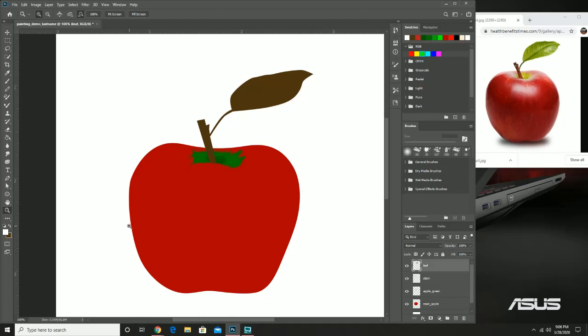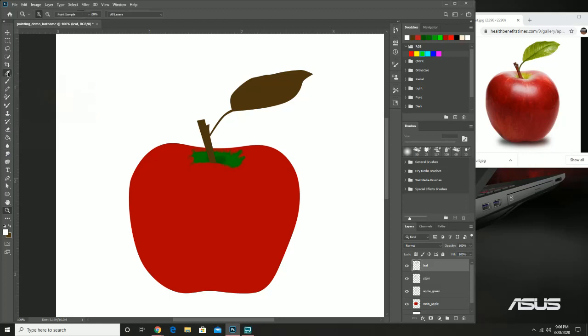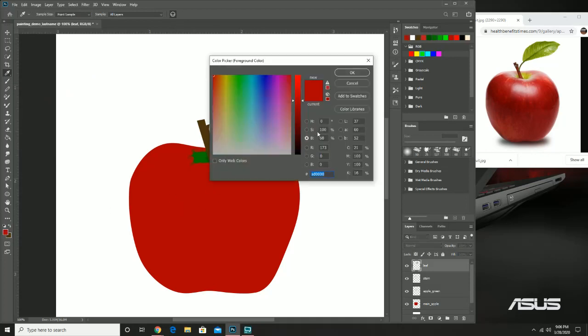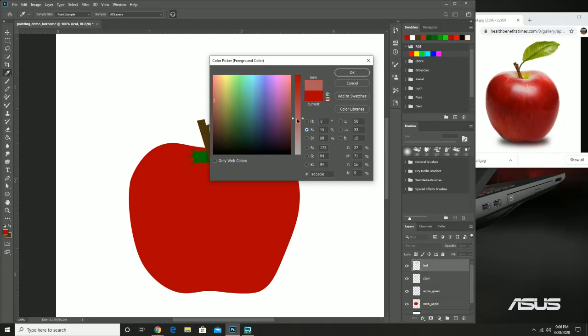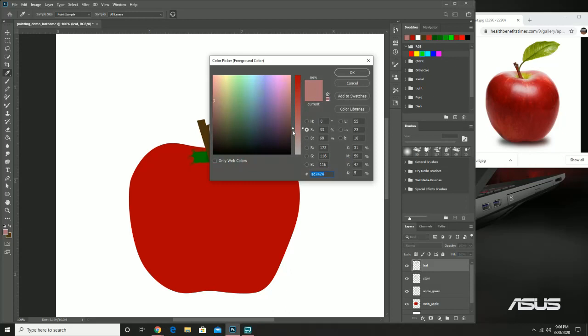So now what I can do for this is I can use the Eyedropper Tool. This is going to be a factor that's going to come up later, so it's good to get used to this now. And you can get there by hitting the I button, or just go to the eyedropper that's over here. What I'm going to do after this is I'm going to go to my saturation, and I'm going to take this down a little bit. The reason why I'm doing this is I want to try and add a little bit of a highlight, similar to what I see over here. And once that's done,